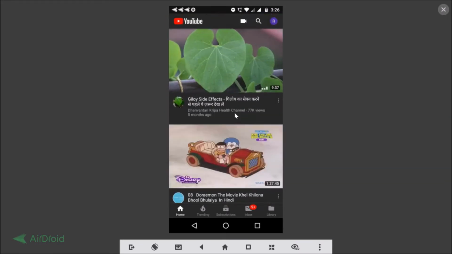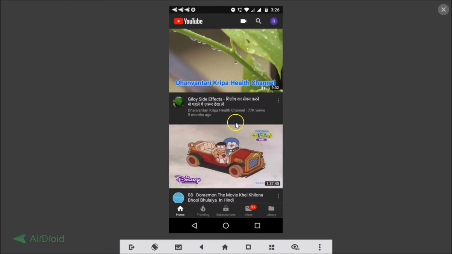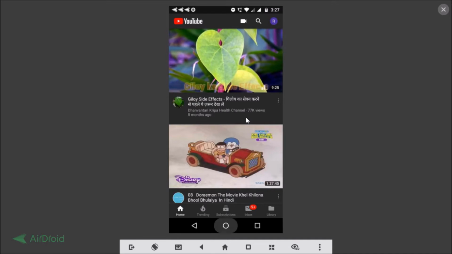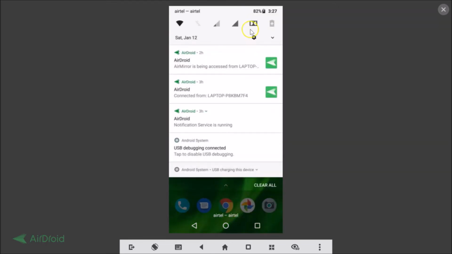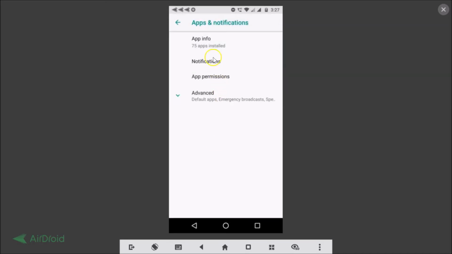And also guys, if you haven't got this dark theme after enabling, you just need to clear the data and cache, okay, of your YouTube app. So you can go to the settings of your phone, okay, by tapping over here, and you need to tap on this apps and notifications. Some phones have installed apps or apps only, so let me tap on that and tap on the app info,